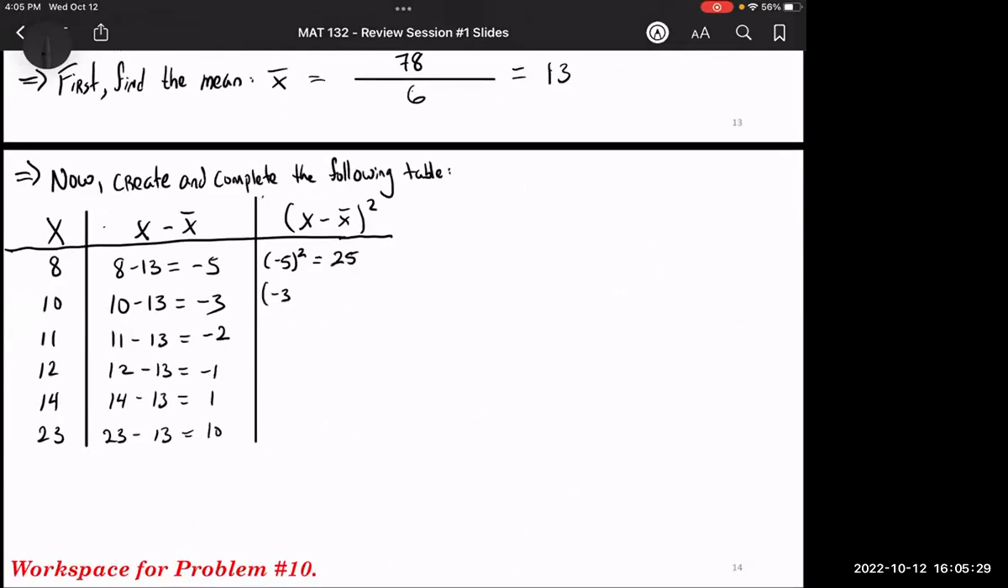What's negative 3 squared? 9. Negative 2 squared? 4. Negative 1 squared? 1. 1 squared? 1. 10 squared? 100. Okay, so now to find the variance,